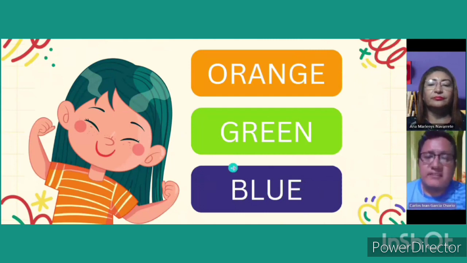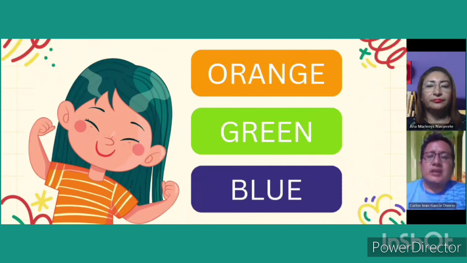Also, at the end of this activity, with this slide, the teacher will ask a student, what is the color of her t-shirt? And the student will answer, her t-shirt is orange. And also here, the teacher will give students congratulation words. Also, in order to apply the total physical response method, the teacher can ask students, touch your t-shirt, show your t-shirt through the webcam, or for example, in the next